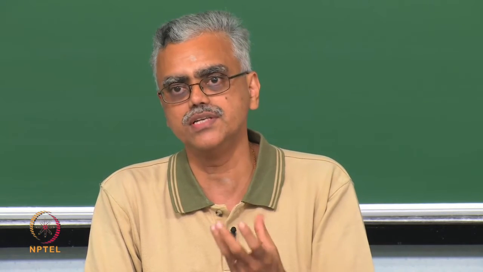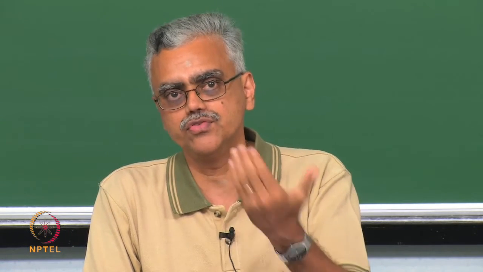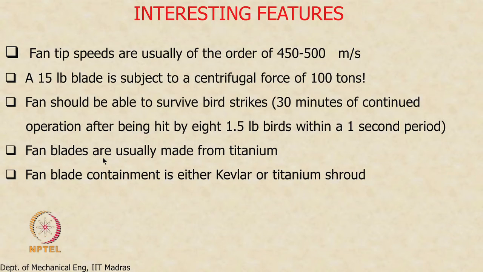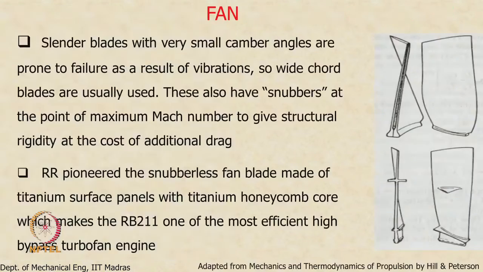Okay, and that is why we have the fan blade containment also. Even if a fan blade comes loose, the fan blades must still be contained within the engine, must not come out, and the engine should spin to a stop without any harm to the fuselage or the passengers inside. Those are some very, very stringent requirements. The blades are usually made of titanium, so that is something that we will discuss here.